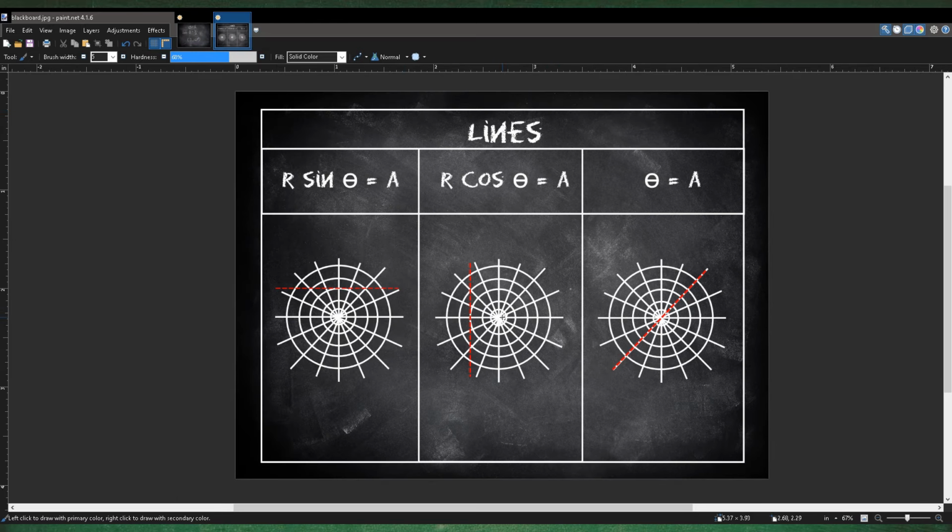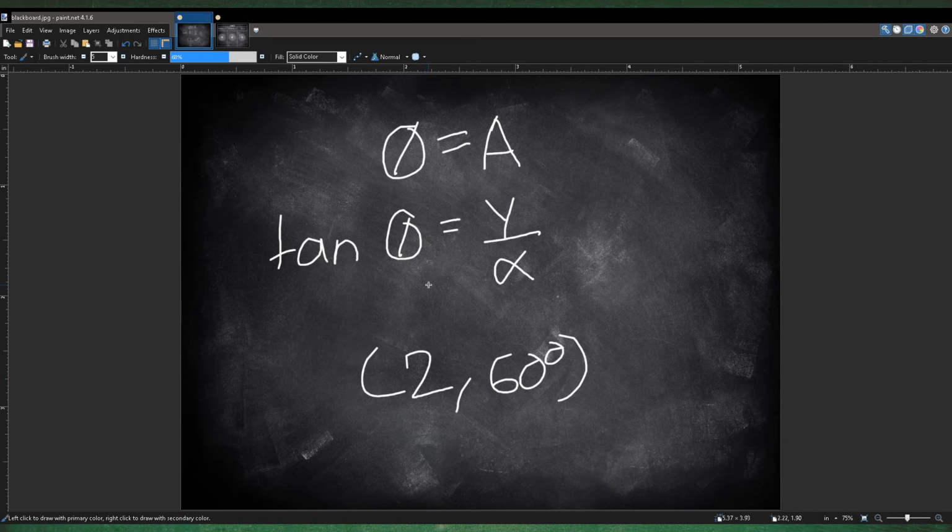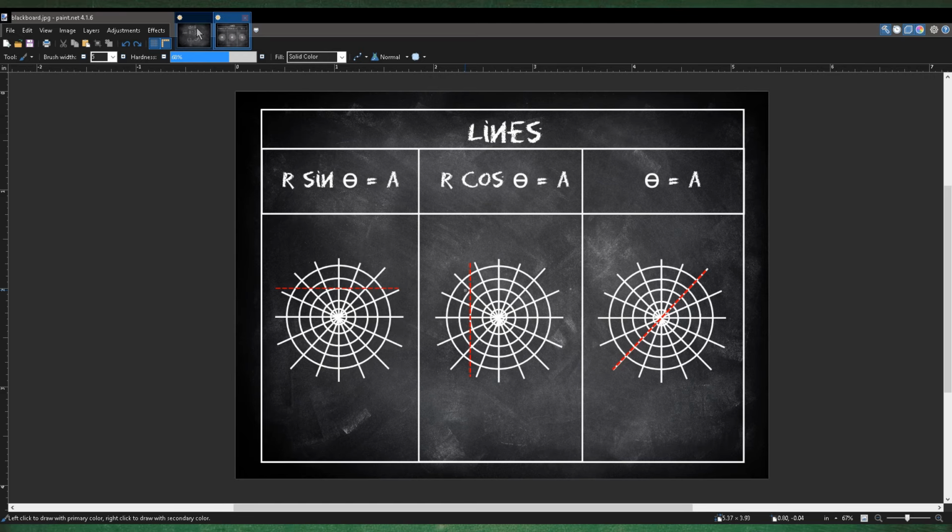What you do is, I mean, not 20, 2 and 60 degrees. You go radius 1, radius 2, and then you go 60 degrees. So there's 3 lines right here. So this is 90, so 45 is right here, so 60 would be around right here. So you want to put a point right here. That's the point at 2 and 60 degrees. And that's why it works, because basically if you have theta equals a, then the